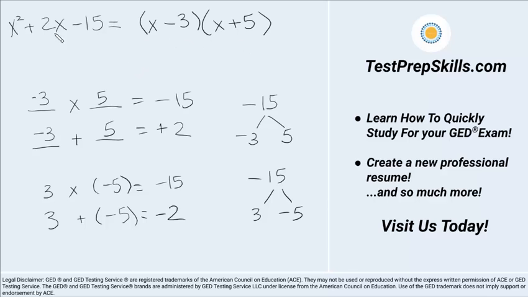When we have a problem like this, x squared plus 2x minus 15, we want it in this format: bracket x minus 3, close bracket, open bracket, x plus 5, close bracket. But we can use the FOIL method to check to make sure that our answer is correct. So if we use FOIL to check,